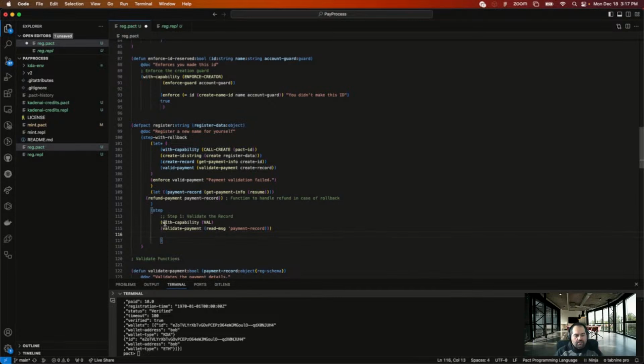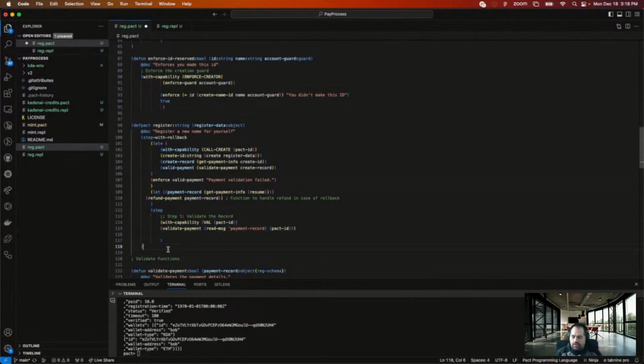Yeah. I'm going to do this because it's not really with capability val dash ID, and then actually validate payment record dash ID.